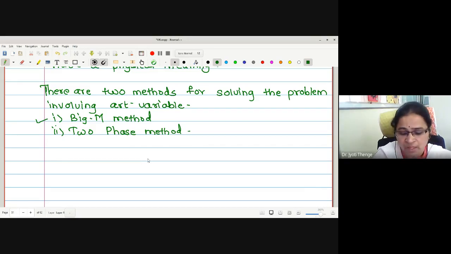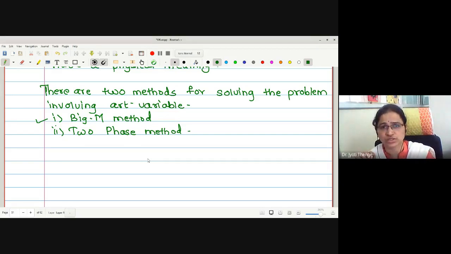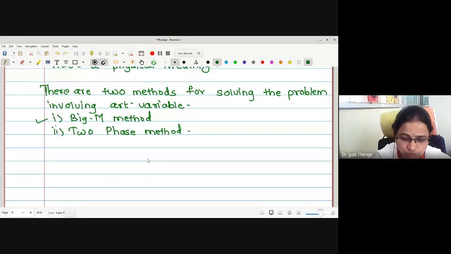Okay, so let us have a look at this first method called the Big M method in today's lecture. The method is very parallel to the simplex method. Only the change is we want to introduce the artificial variable wherever necessary and put the cost of the artificial variable as minus M in the objective function. For slack and surplus variables, we are putting the value as 0. But for artificial, we are putting some minus M value. As M is very large, one can say that minus M is very small. Let me tell you the algorithm of the method, and then we will go for solving the examples. Let me write the algorithm.